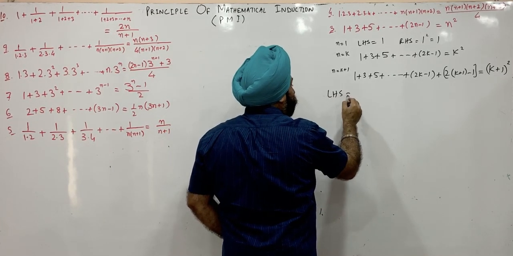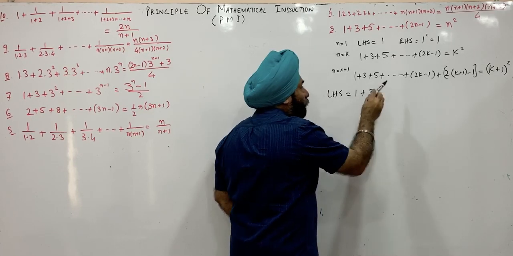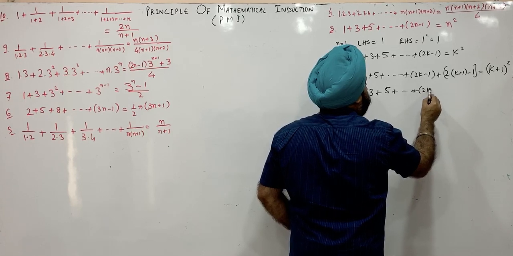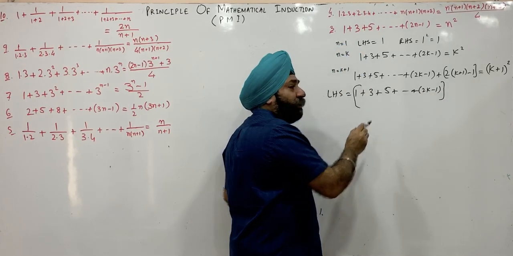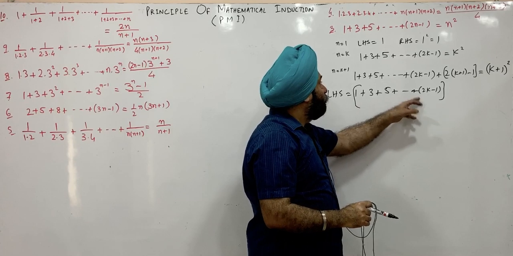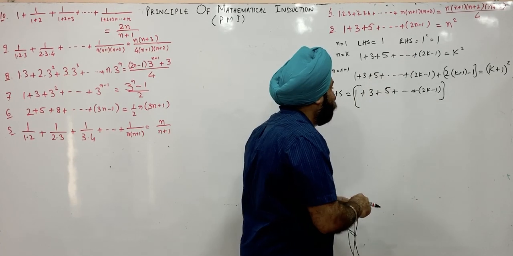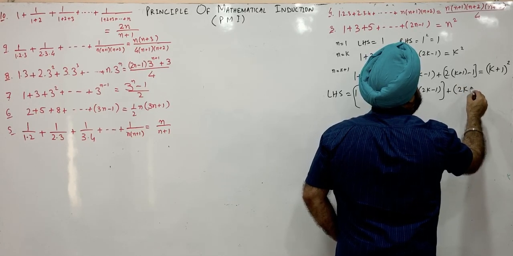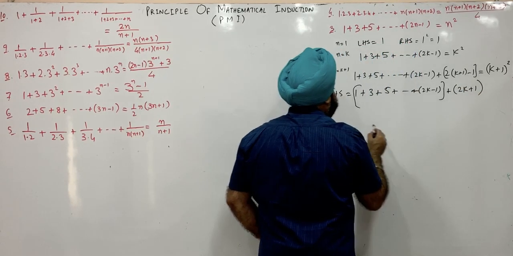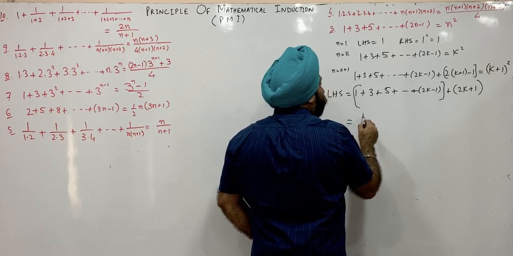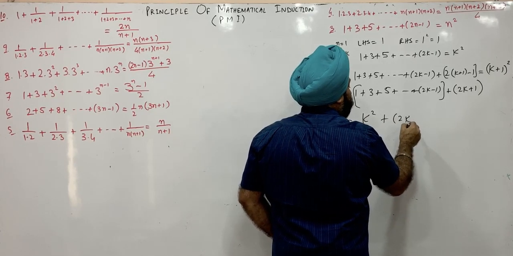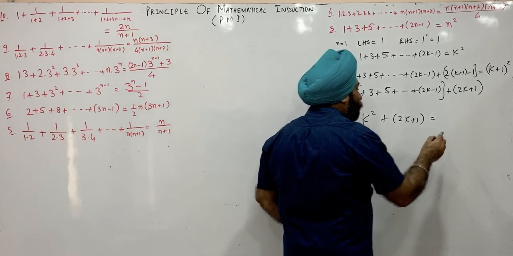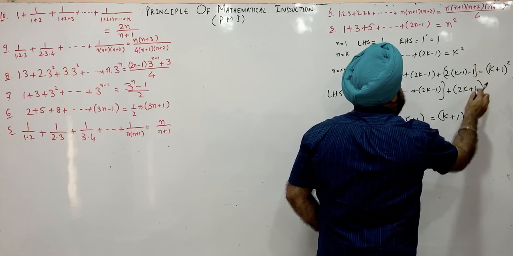We start from left hand side, which is 1 plus 3 plus 5 and so on up to 2k minus 1. We write in one bracket because the sum of these terms is available in the second step, plus the next term, which is 2k plus 2 minus 1, that's 2k plus 1. And what is this sum? This is k square plus 2k plus 1. So k square plus 2k plus 1, this is k plus 1 whole square, and this is what we wanted